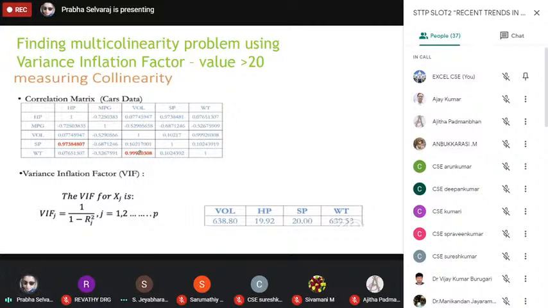So I will have a correlation matrix like this. In this, you have to calculate VIF for everywhere. So how to calculate VIF? By considering R square. Here the formula for VIF is 1 divided by